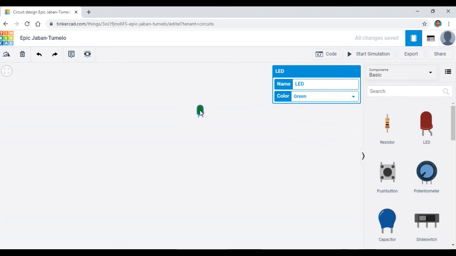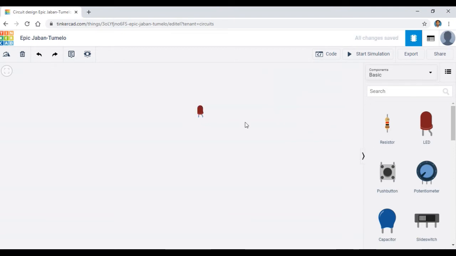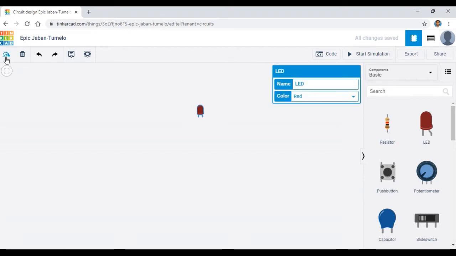If you click green, the color will be changed to green. If you want to take blue, you can take. Right now I just want to work with red, so I am choosing red. After that, you can rotate this component by clicking on this component and using this rotate button.